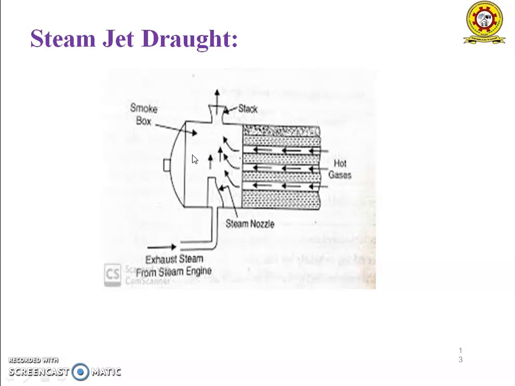And this shows the forced draught developed by the steam jet. Steam from the boiler is passed through a throttling valve, reducing its pressure to 1.5 to 2 kg per square centimeter gauge. The steam then passes through the nozzle and is diffused into the pipe. The steam comes out of the nozzle with great velocity and drags a column of air, and thus allows fresh air to enter.